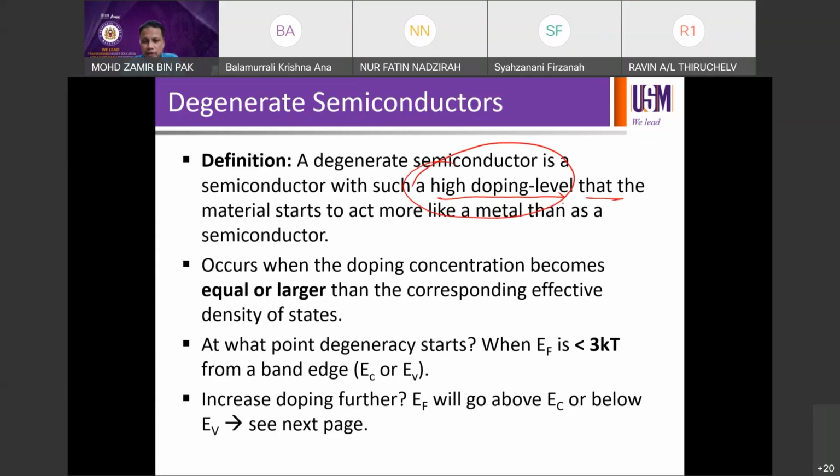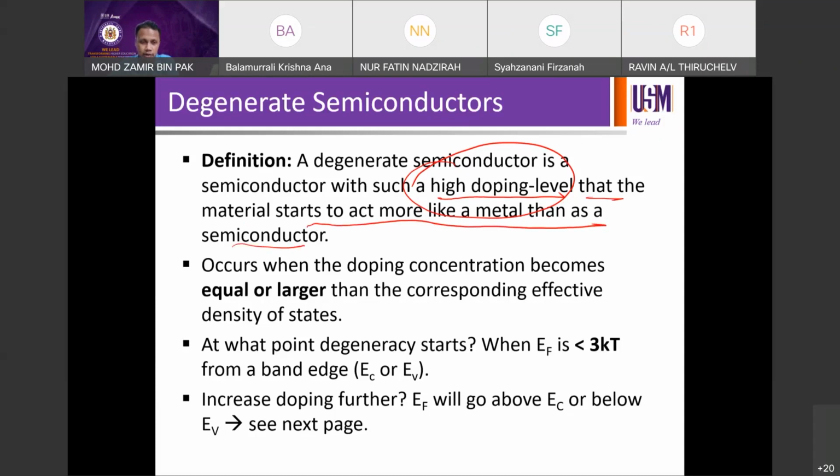In this particular condition, the material, if you're talking about silicon, is going to start to behave more like a metal than a semiconductor. So it is still a semiconductor material, but the way it behaves electrically is more of a metal than a typical semiconductor, simply because the doping level is way higher than the typical range of